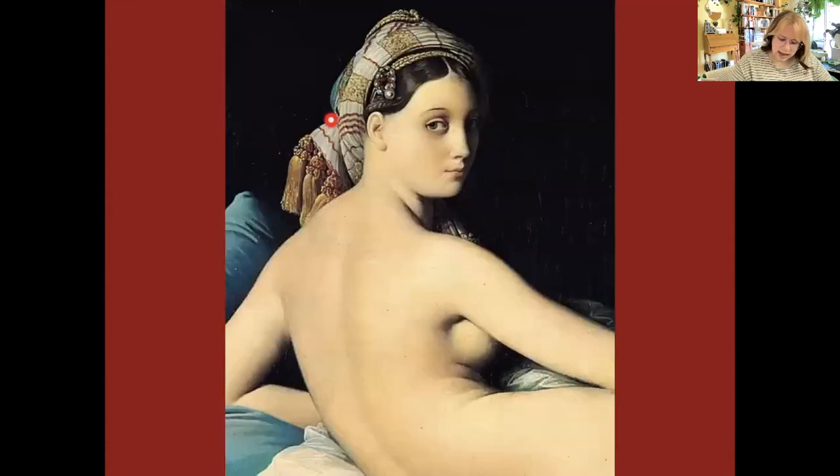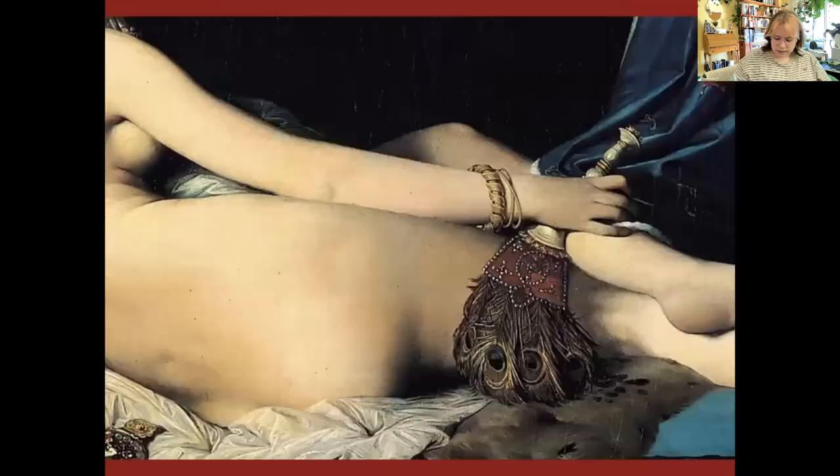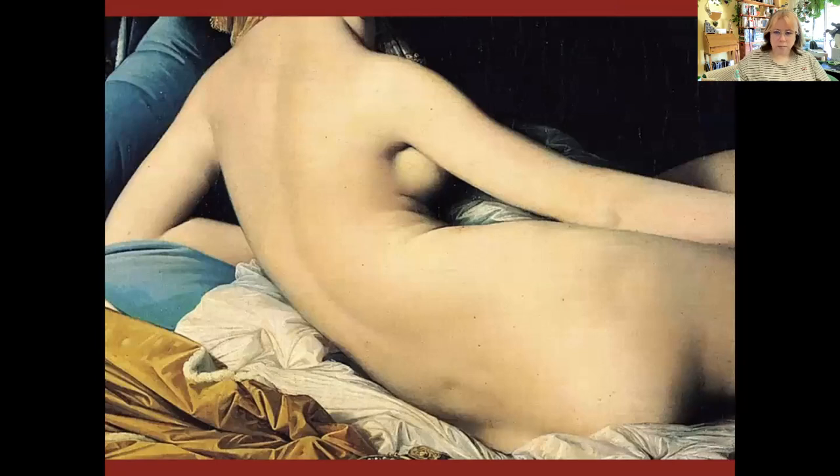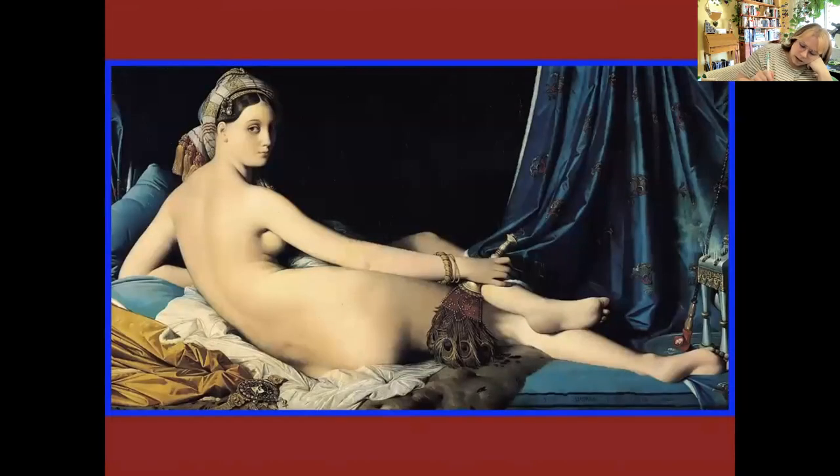she also has this head wrap, scarf wrap thing going on. Very foreign. European women don't do this. There's her little whatever. Here's her messed up body. I can't get over what's happening with her butt. So this whole thing is seen as very foreign. However, the actual woman is very European looking. Okay.